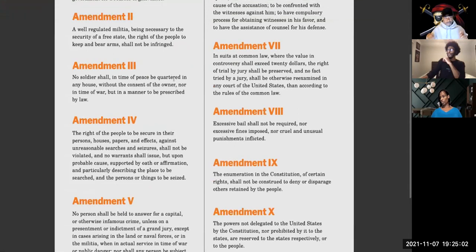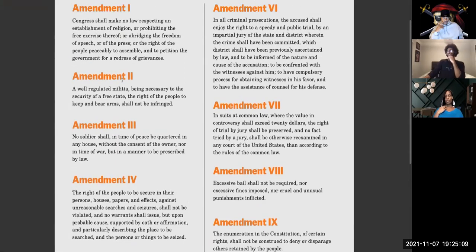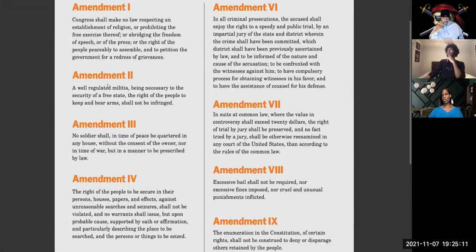Okay. So here we have Amendment 2. Again, this is the Second Amendment. Before we get into any other matters, we have to make sure. We'll talk about our freedom of speech, press, religion, the Protestants coming over to this land. Yes, we'll talk about them. But secondly, we have to make sure we can arm ourselves and fight back these Americans. They're whooping our behinds. So: a well-regulated militia being necessary to the security of a free state,